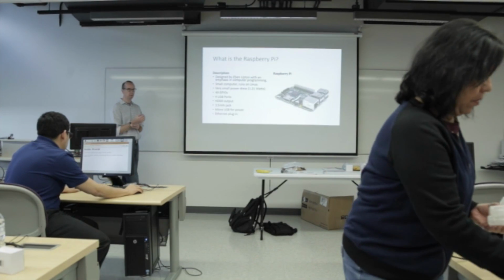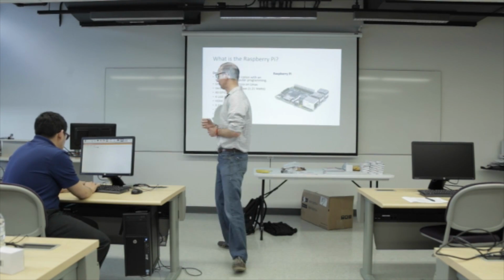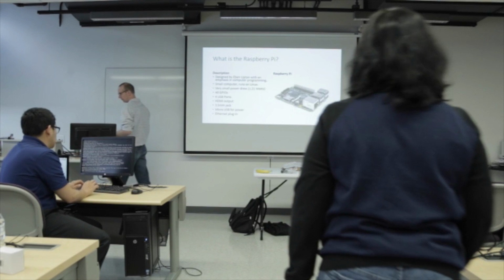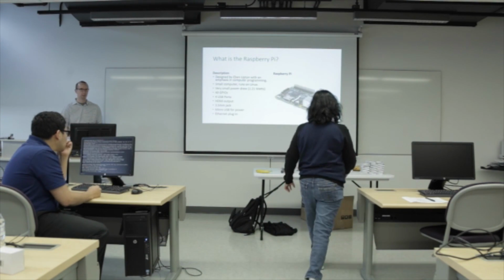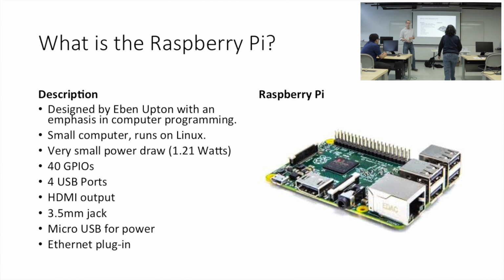So just to talk a little bit about what you have in front of you, you have the Raspberry Pi Model B Pluses in front of you. It was kind of a strange timing when this came out. We were able to buy the B Pluses, which we thought were the latest and greatest, and then a week or so later, the Model 2s came out. There's a lot of similarities between the two, but if you take a look at what you have in front of you,